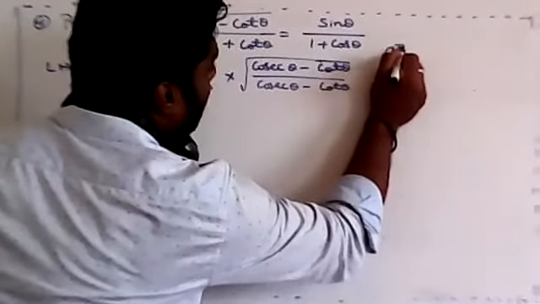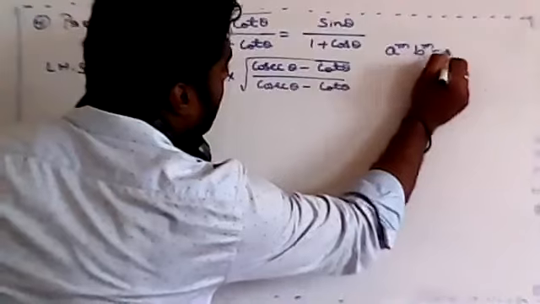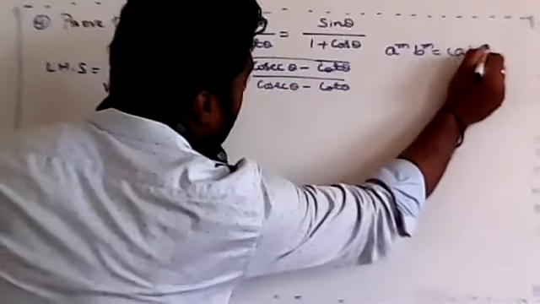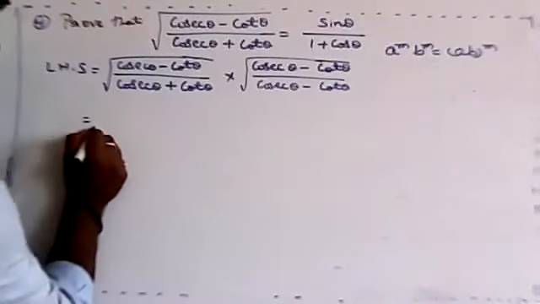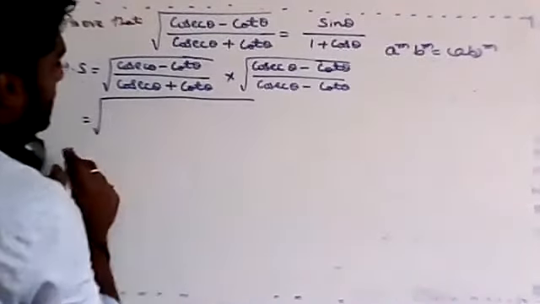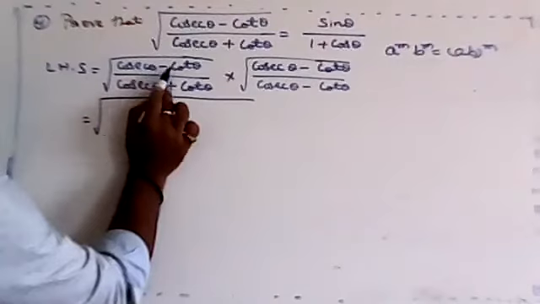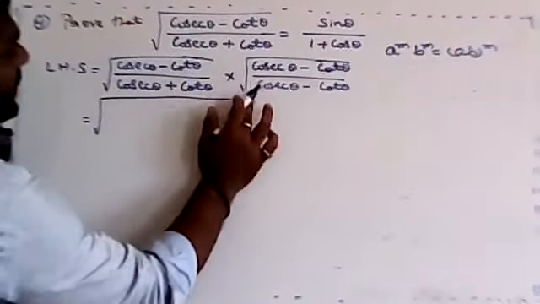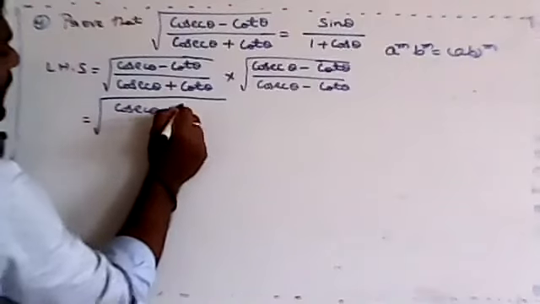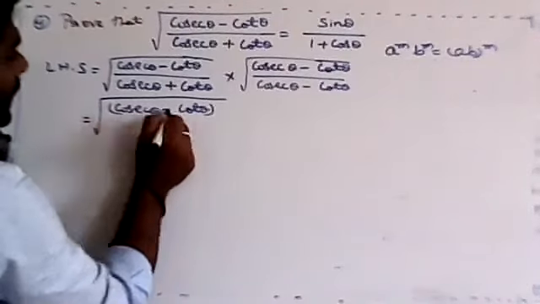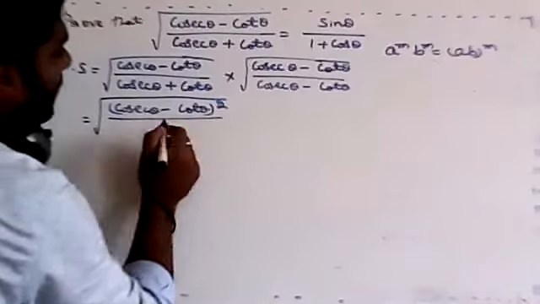A to the power of m into b to the power of m, we can write as ab to the power of m, no? Correct, ab to the power of m. So we can write root as it is. So inside, see, cosec theta minus cot theta into cosec theta minus cot theta, we write as what? Cosec theta minus cot of theta the whole square divided by